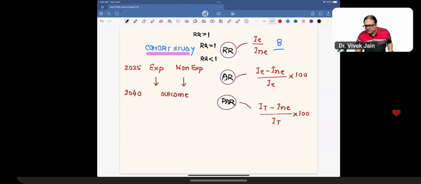Smoking and ulcerative colitis will show relative risk less than 1. Milk consumption and lung cancer will show